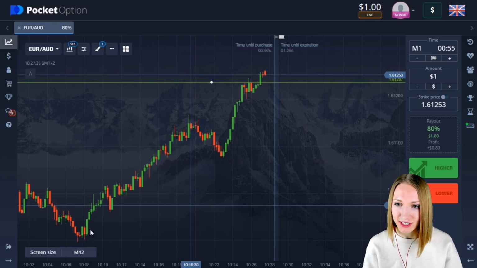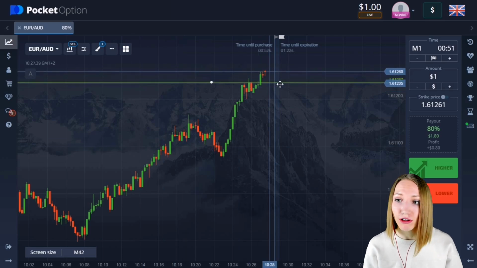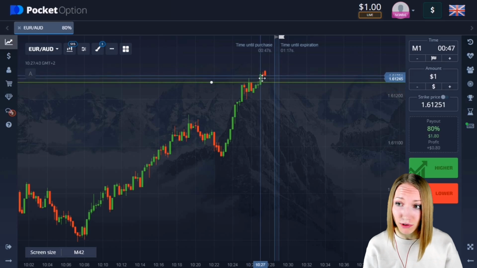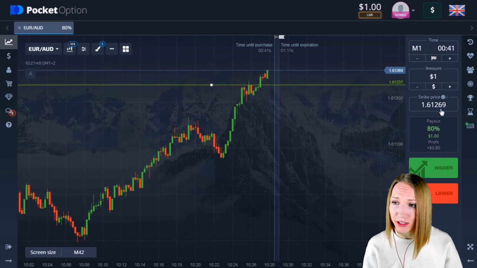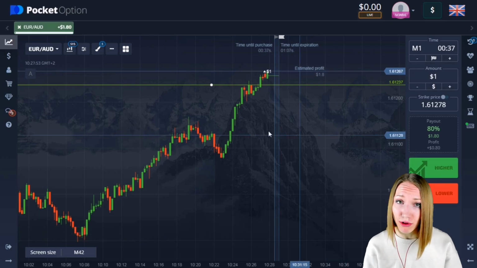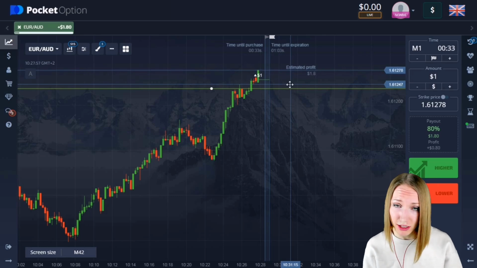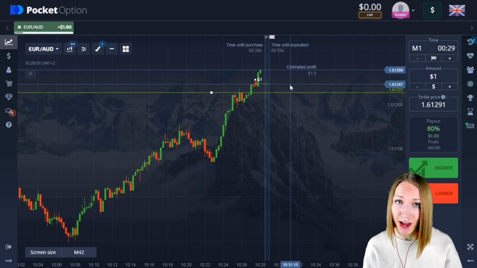So guys, it's the first situation. You can see the uptrend, that's very good, and also you can see the resistance level. The price approached this level and there was the breakthrough of the level. So let's open a trade for 1 minute, up. I think that very soon the price will continue moving up because the price has already broken through this level. There is a small attenuation, but anyway I think the upward movement will continue because the potential for an increase is very good.